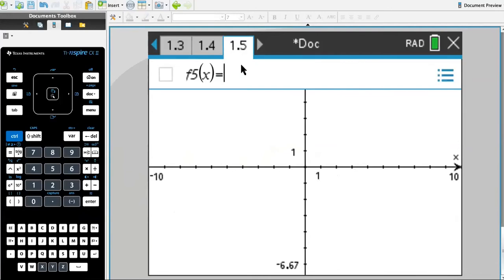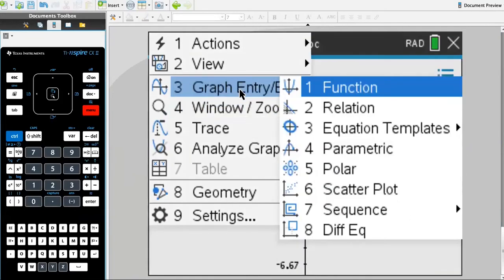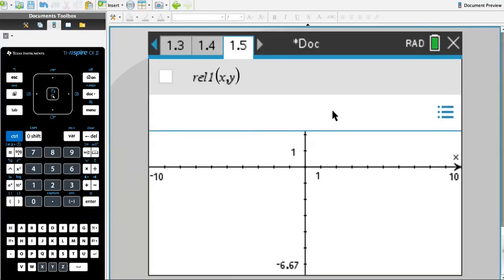In graph, but now here you know that the circle is actually not a function, this is a relation. So we will have to change this mode, and we need to go in a graph and relation here. Here you can type your equation